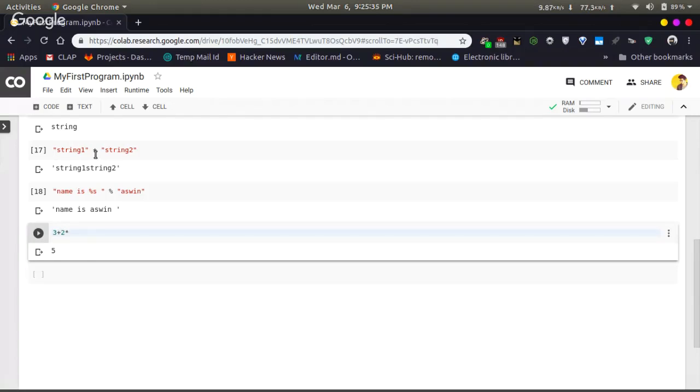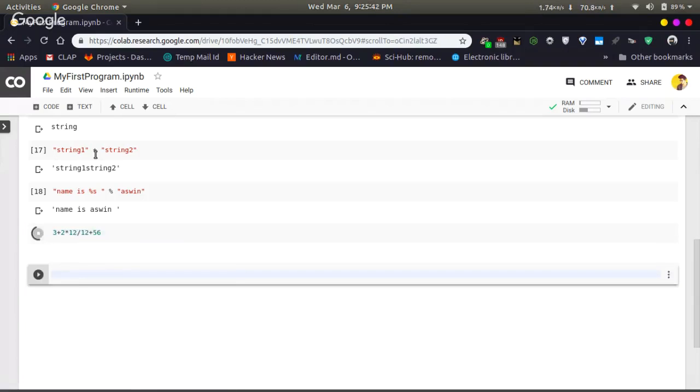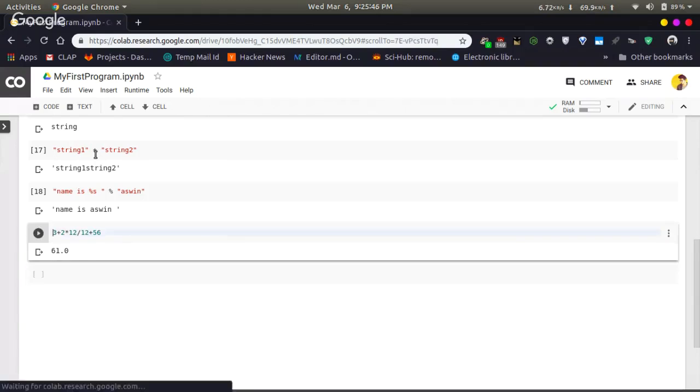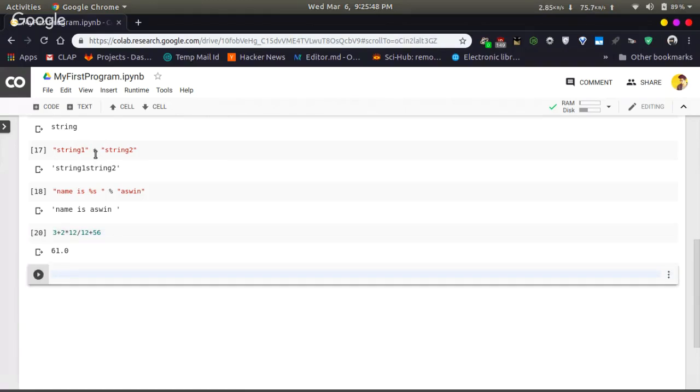And you can do anything with it. All these heavy equations will execute as simple as this. Okay, then